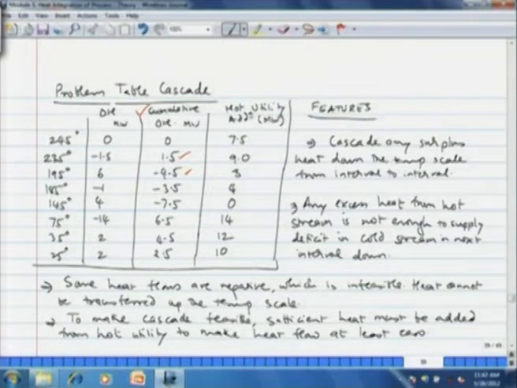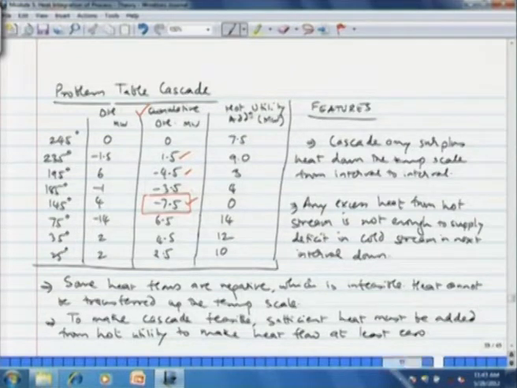In the next temperature interval, we have minus 1 megawatt of excess heat, so that can satisfy the heat deficit in the previous interval. So minus 3.5, and so on and so forth. So you can see here the cumulative delta H values. And then let us see where is the maximum deficit in this whole thing. That is in the temperature interval of 185 to 145, that is minus 7.5 megawatt. So this is the maximum.